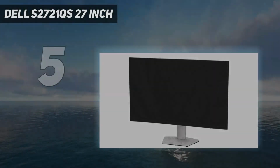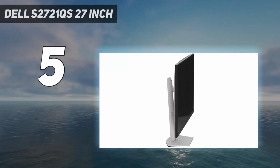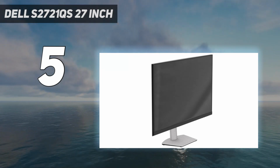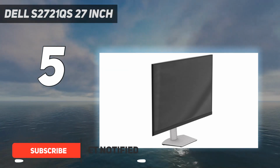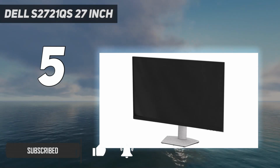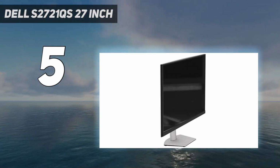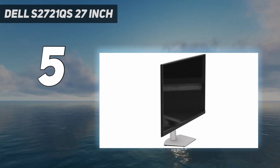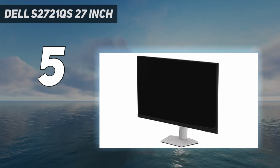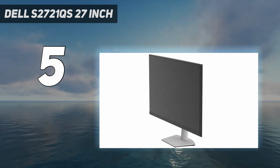Dell S2721QS 27-inch. If you're looking for the best budget 4K monitor, they're becoming more accessible, and you can still find 4K displays for a cheaper cost. Most of the monitors in this price range are basic 4K displays geared toward office use, and are meant for people who want the extra text clarity of a 4K monitor. That's the case with the Dell S2721QS, which is a simplified version of the Dell